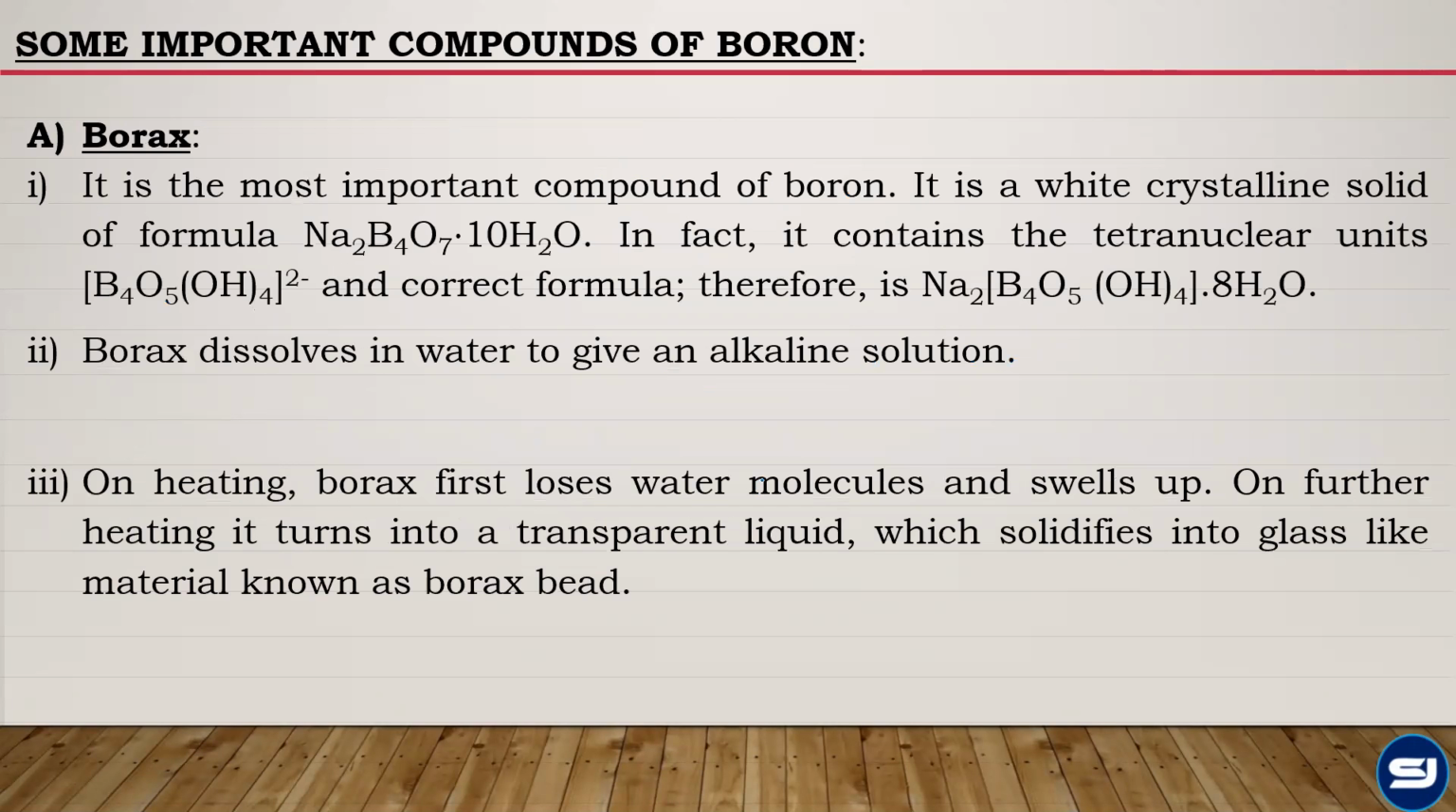Now coming to some important compounds of boron. The first and the most important compound is borax, and it is a white crystalline solid having the formula Na2B4O7.10H2O. It exists as a decahydrate with 10 molecules of water of crystallization. In fact, it contains the tetranuclear units of [B4O5(OH)4]2-, and the correct representation of borax is this, where